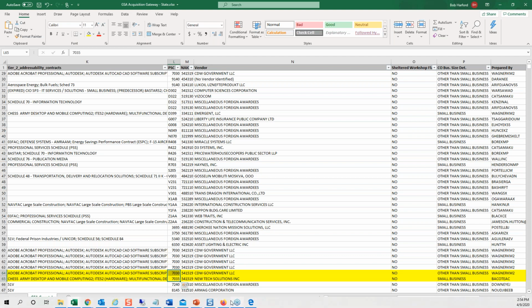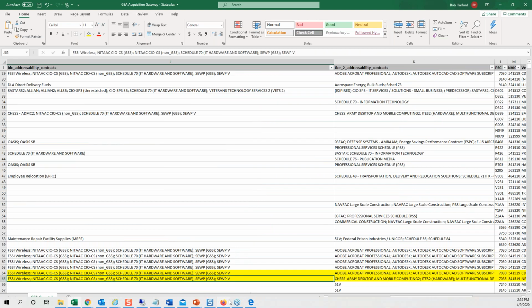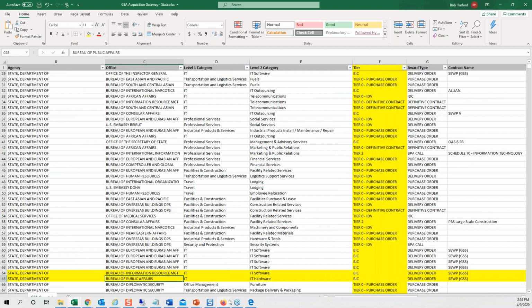So that's one of the things that the GSA gives you that's important. It's, hey, here's your spend. Are you using category management or not? And we're going to group it in the maturity model. Tier 1, category management, but it's the lowest level capability, the lowest level of category management expertise. Tier 2 is the next. Tier 3, aka BIC, the highest. And we're going to group those PSC codes; you can't analyze spend by 2,000 PSC codes at once. The human brain can't do it. So we're going to group them into more manageable chunks.